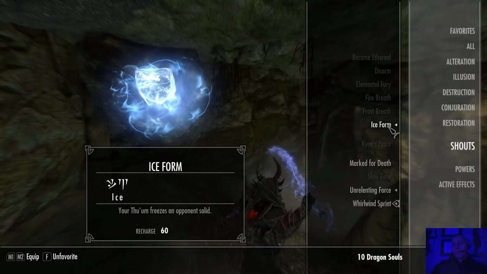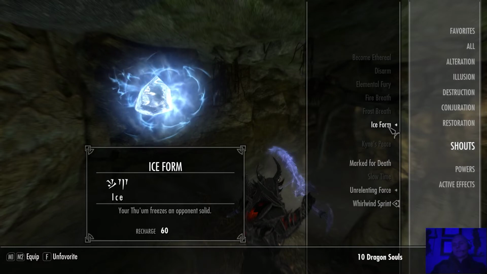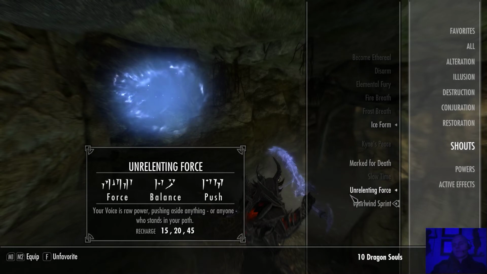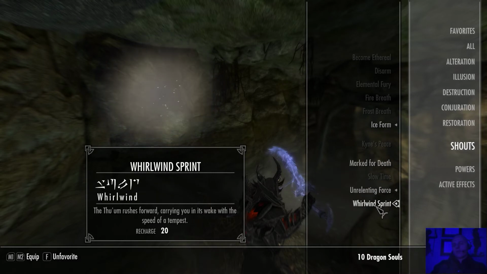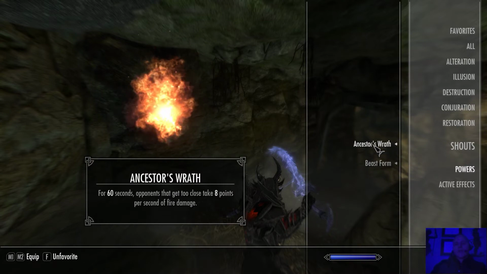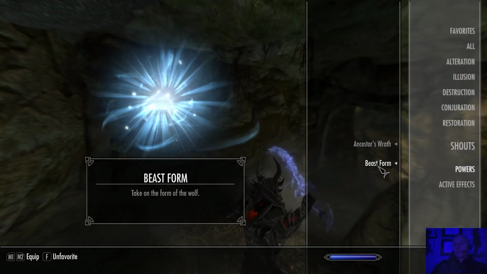Once you hit him and he unfreezes, then basically you're back to fighting. I have played with a lot of other ones, but Unrelenting Force is probably the one I use the most. Ice Form is probably second. And of course, there are different parts of the game where you have to use Whirlwind Sprint, but I don't really use it in combat very much. Now, Ancestor's Wrath is basically because this guy is Dark Elf, but Beast Form is pretty fun to play with,